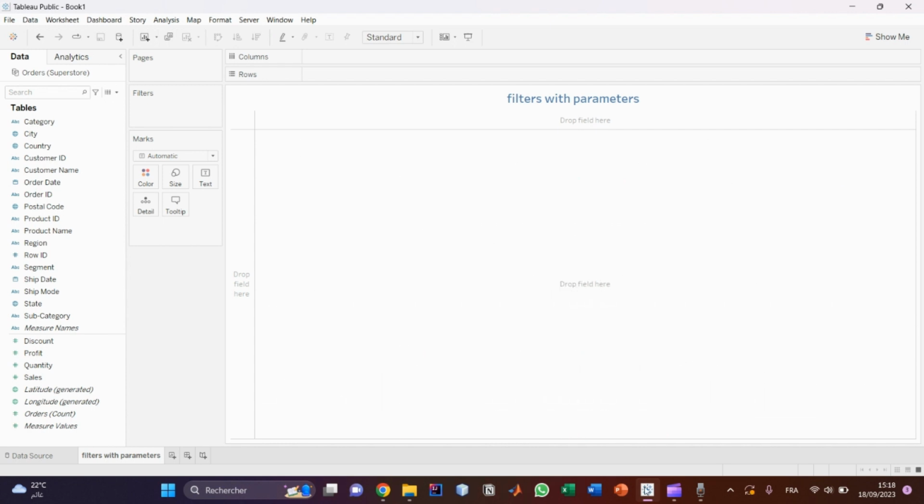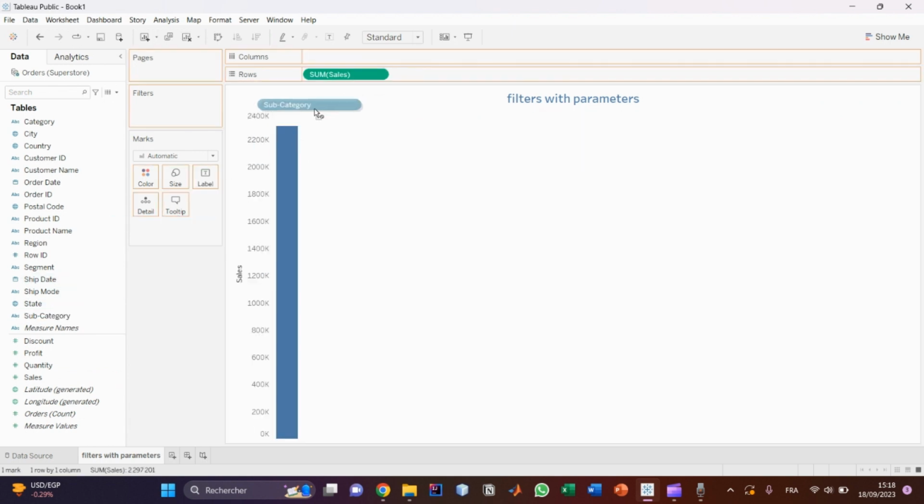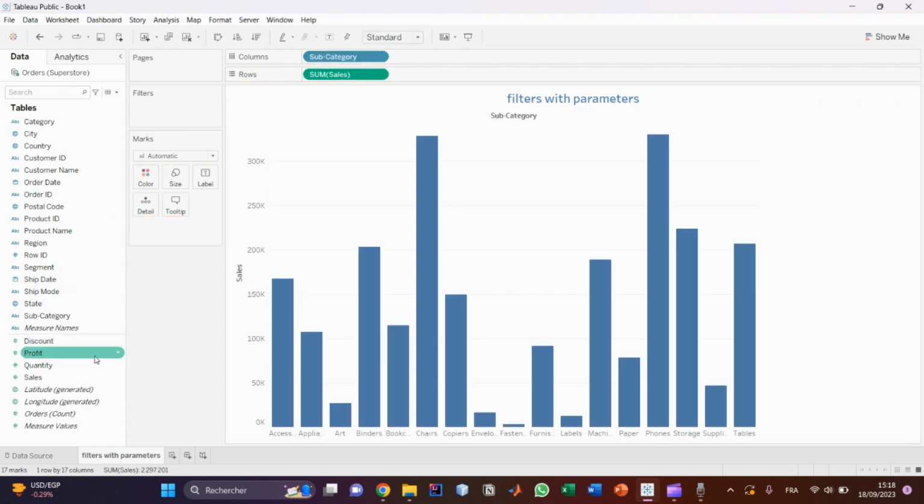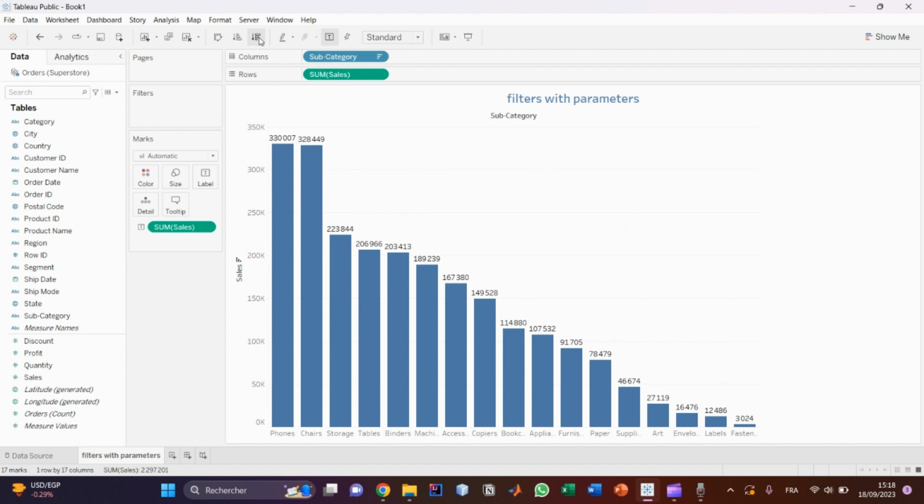So let's start with creating a column chart. Let's drag and drop sales into rows and subcategory into columns, then drag and drop sales into label, then sort in descending order. So here, as you see, now if you want to select just the top 5 sales of each subcategory, drag and drop